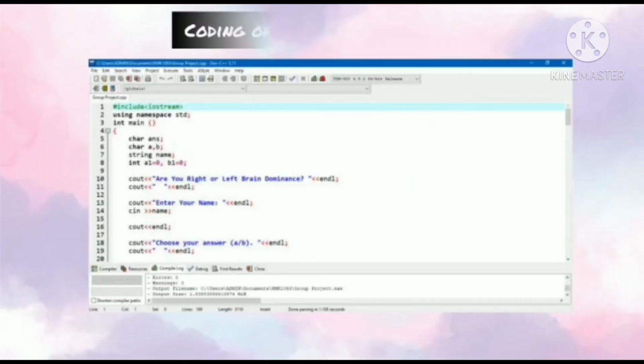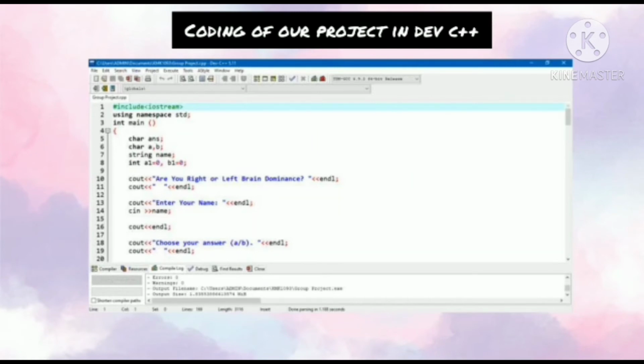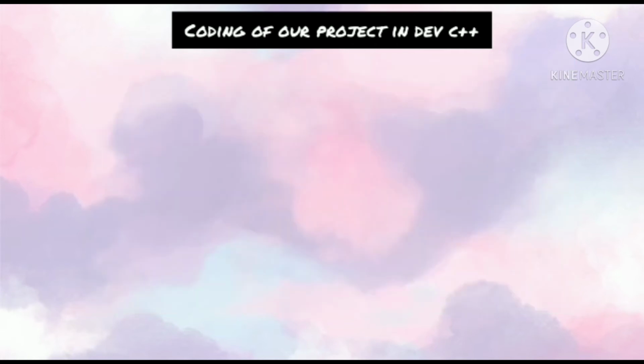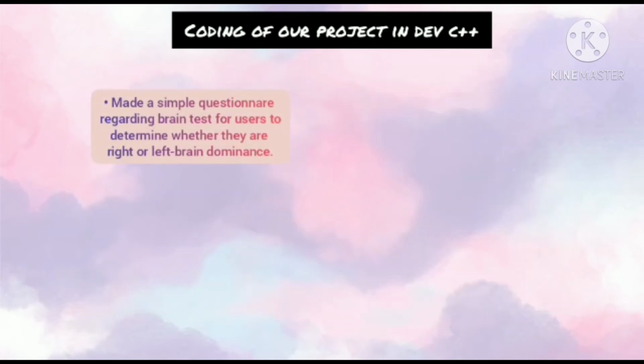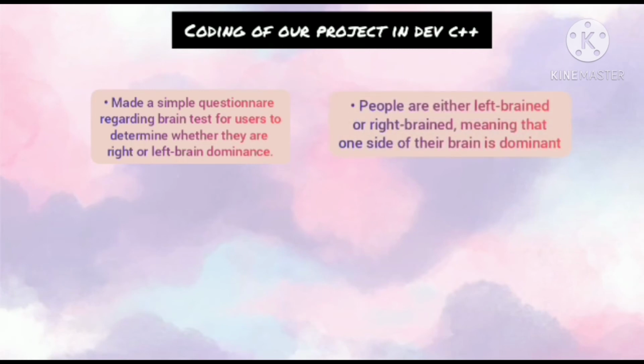So, this is the coding of our project in Dev C++. First, we made a simple questionnaire regarding brain tests for users to determine whether they are right or left brain dominance. Second, the theory is that people are either left brain or right brain, meaning that one side of the